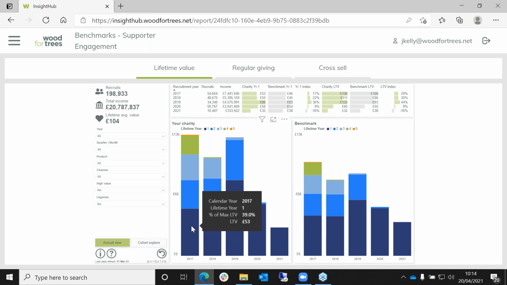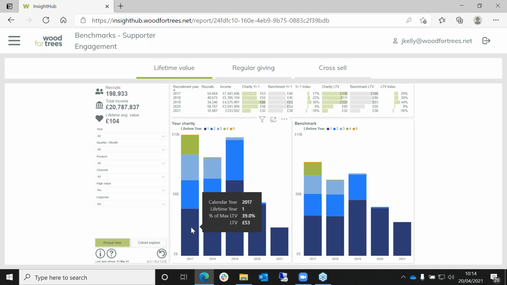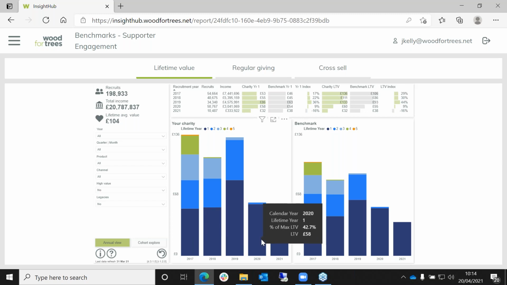I can also see here the breakdown and how that builds up year on year. So I can see that in year 1, I'm on £53. That's then adding £32 in the subsequent year, £29, so up to about 110 after year 3, and so on, building up. And how that is across time. So I can see that it's going up slightly. Had a very good year. Something happened in 2019, but on the whole, overall,